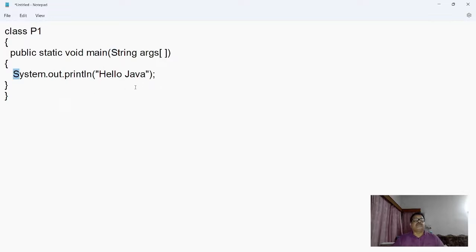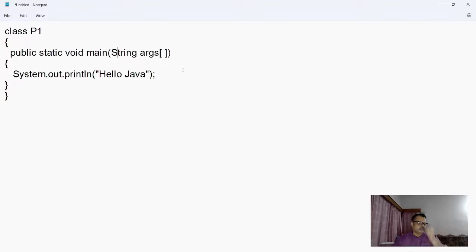Otherwise, inside this string, you have the freedom to write in any case. Here also you have the freedom. If you want, you can write P in lowercase also. But it is a general trend in Java that the class name must start with a capital letter. Because this class P1 is given by me, I have the freedom to write P in lowercase. But this String, S is written in uppercase, it means 100%.